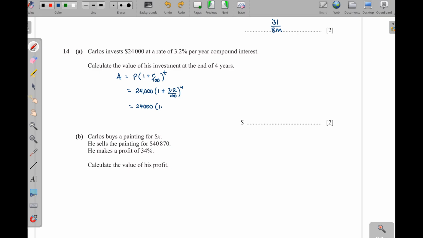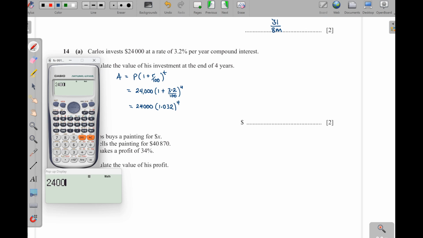So divide by 100, that will be 103.2. So divide by 100, you move the decimal 2 places, so it becomes 1.032, then power 4. Then we put this one in the calculator and then we get our answer. So what do we get? 24000, then into 1.032, then to the power of 4. That is